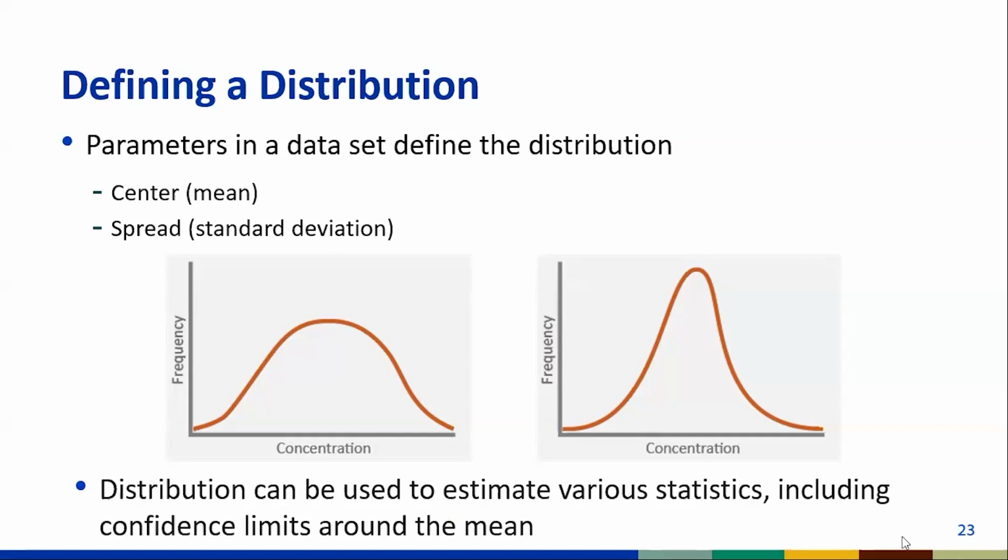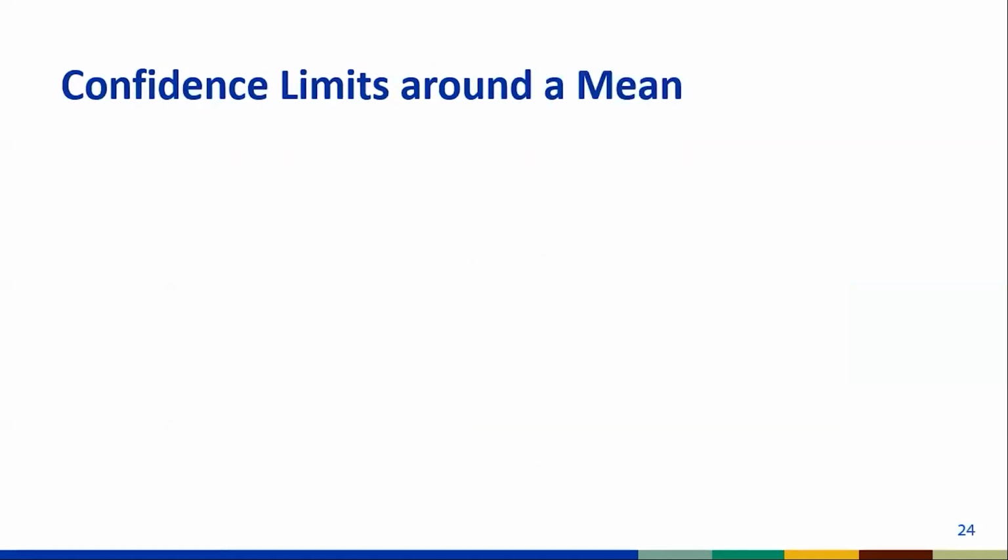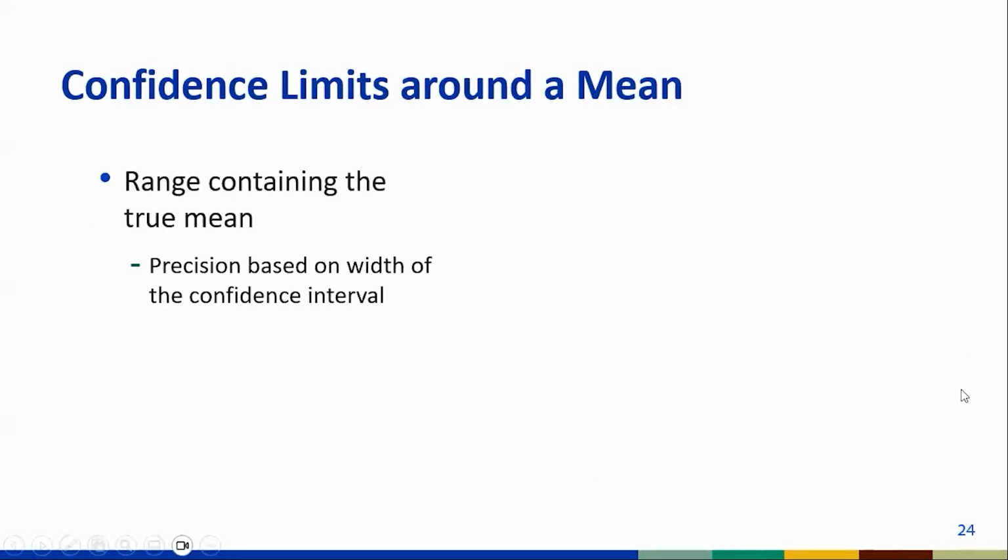Importantly, the distribution of a dataset can be used to estimate various statistics, including confidence limits around a mean. As I mentioned before, we can calculate the mean contaminant concentration for samples that we collect in the field. However, we know means from discrete sampling programs may under or overestimate the true mean. Using data distributions, we could instead calculate the range within which we expect the true mean to lie. As you've already learned,